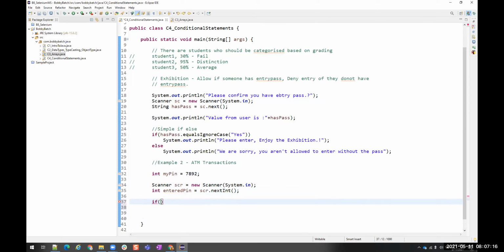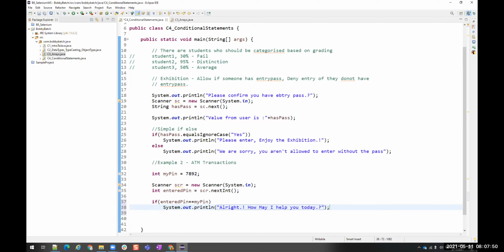Okay, scanner object. Now this is going to read the value which the user entered. Now, if the entered PIN is equal to my PIN, if your PIN and the entered PIN are matching, then say, how may I help you today?